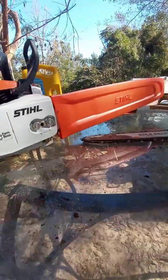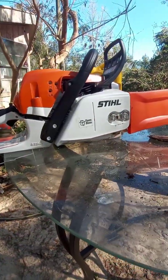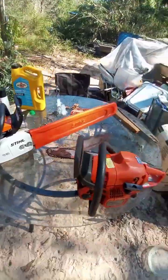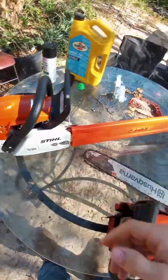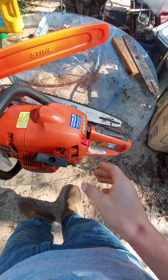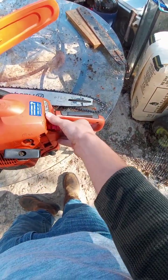But like I said, the Husqvarna is not a bad chainsaw, but there are a few things I like on this one over the Husqvarna, which I did forget to bring the tool to take the cover off, so I'll do that in a second. So first thing that I like over on the Stihl over the Husqvarna is with the